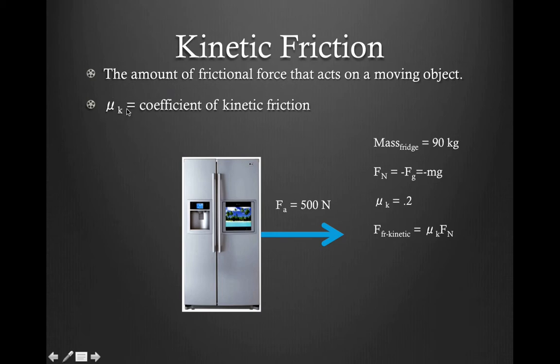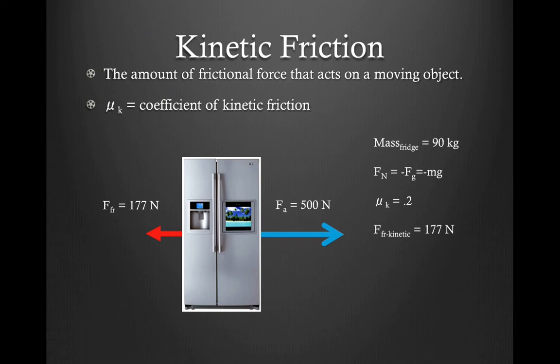This time we have the coefficient of kinetic friction, mu k. The only difference between mu k and mu s is that almost always mu k is going to be less than mu s. Before it was, I believe, 0.4, now it is 0.2, so it's less than, which means the kinetic frictional force should be less than the static frictional force. In order to calculate, I just do what I did before. My normal force is going to be the same as it was before, but now I'm going to be multiplying by 0.2. So my force friction kinetic is going to be 177 newtons,